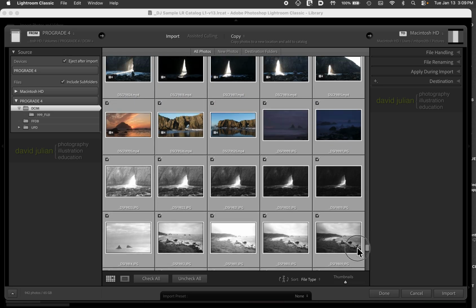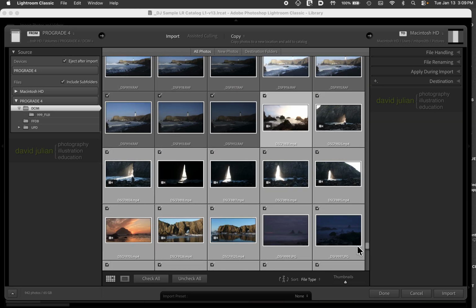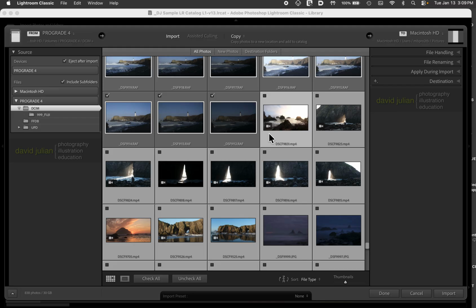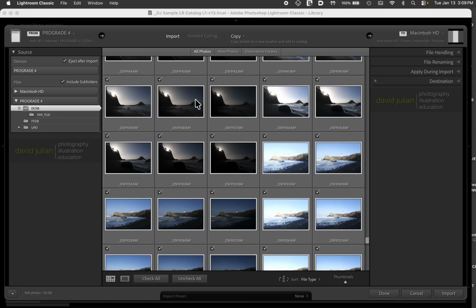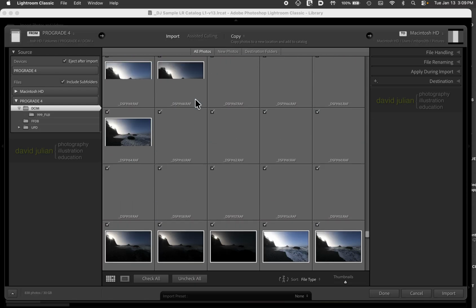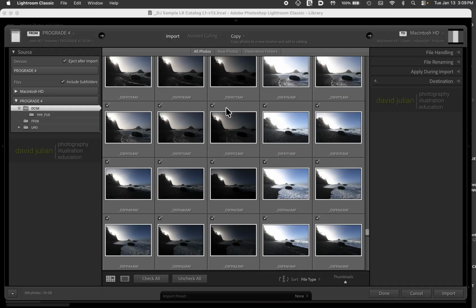And here we go. Now I can go to the last picture that was a RAW. Here we go. And just hit uncheck. And now these are all unchecked and they're no longer going to be considered for import. Only the ones that are checked off will be imported. If you see any really dead images here, some bad frames or some screw ups, you can uncheck them individually